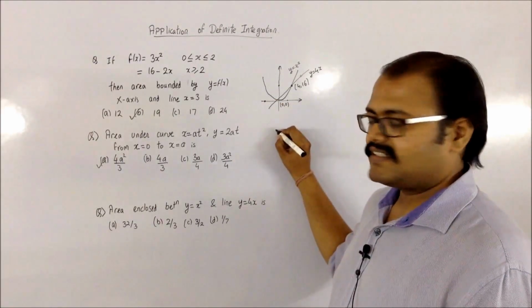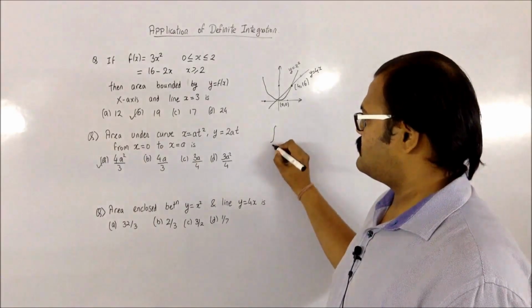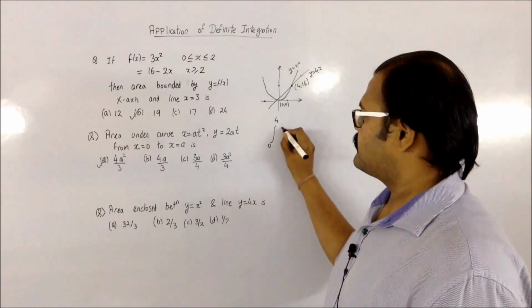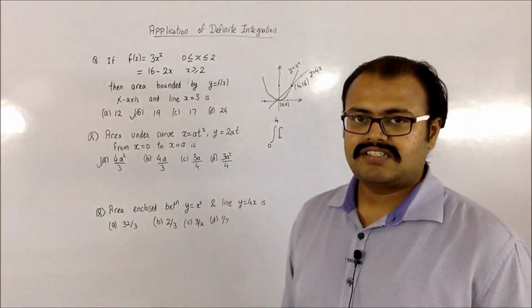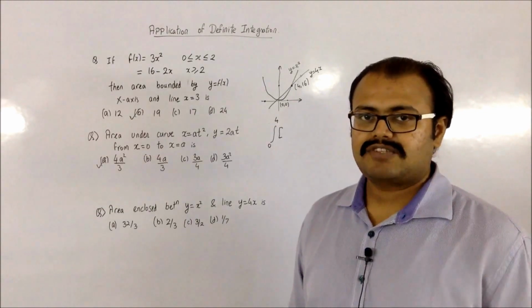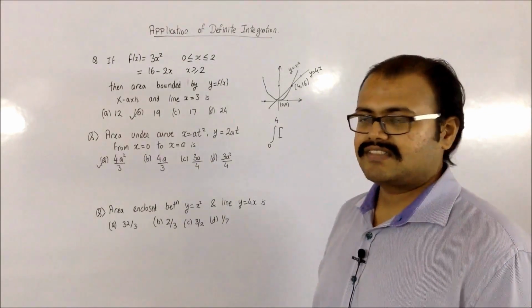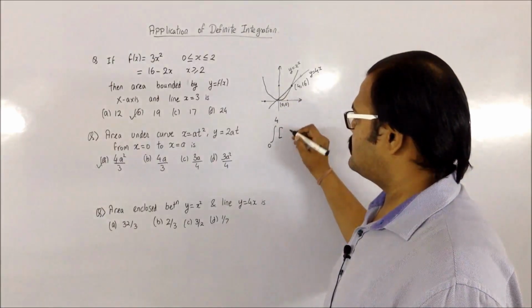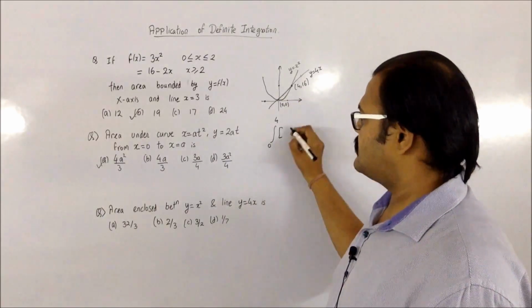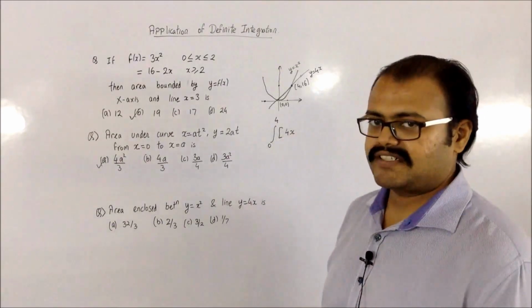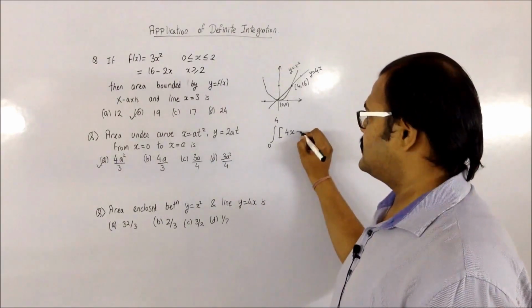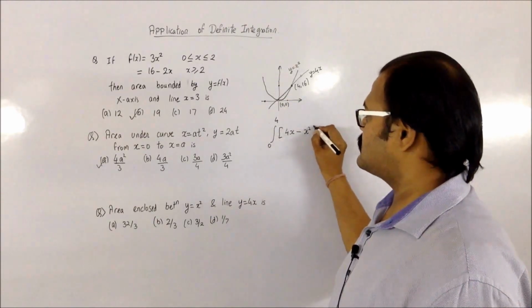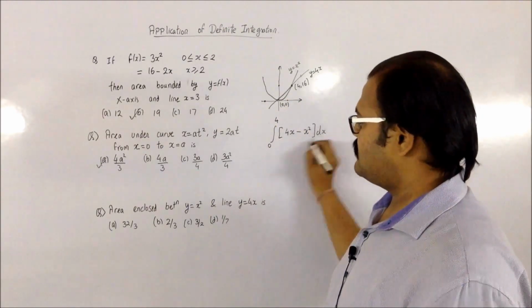So my formula is integration I have to find for 0 to 4. I have two curves, I have to find the area between them, so I have to search out which of the curves is above. So my line is above the parabola, so first I will write the equation of my line, which is my 4x, minus, it should be the equation of the parabola which is below it, so that's going to be x square.